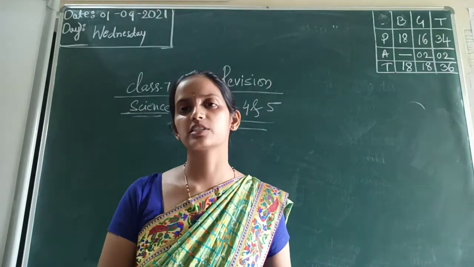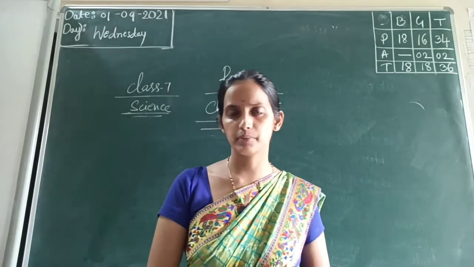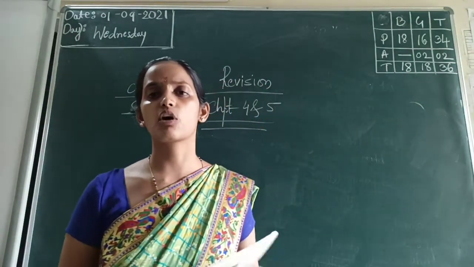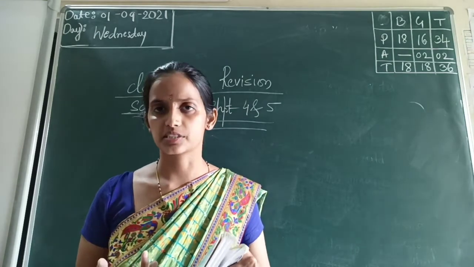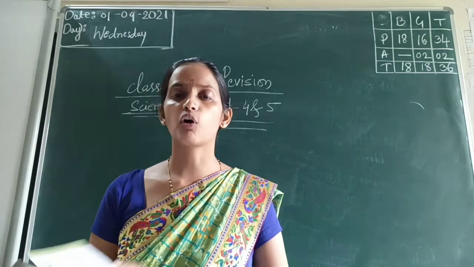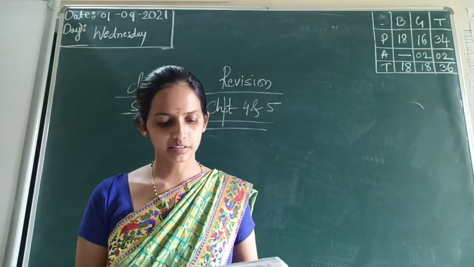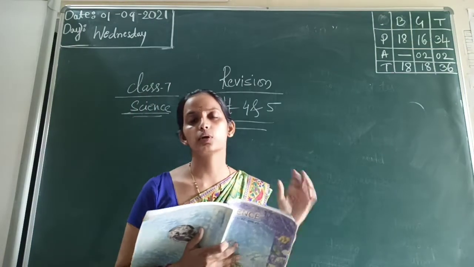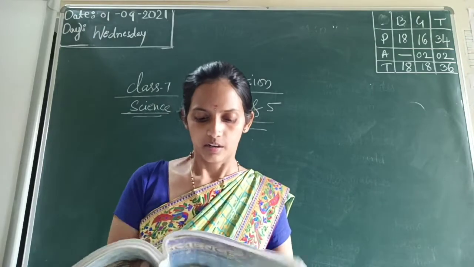And based upon taste, we cannot directly decide which is acid and which is base, because all the things are not edible and we are not going to check by taste, right? So there are some other materials that we call indicators. So what is the use of indicators? It will tell whether the substance is acidic or basic, right?